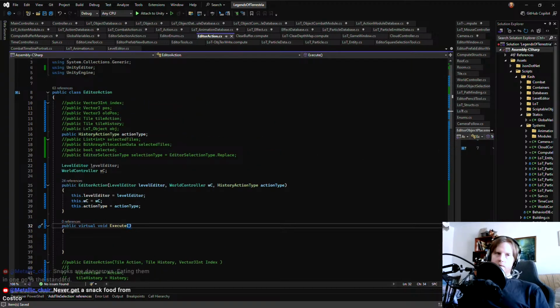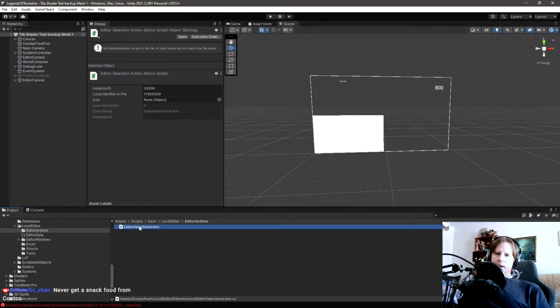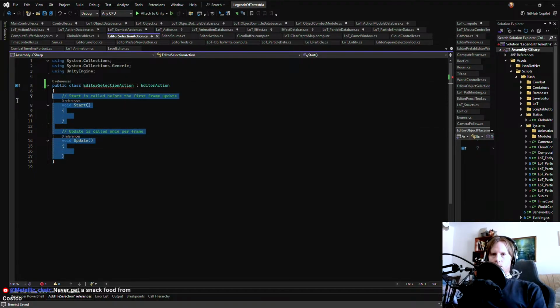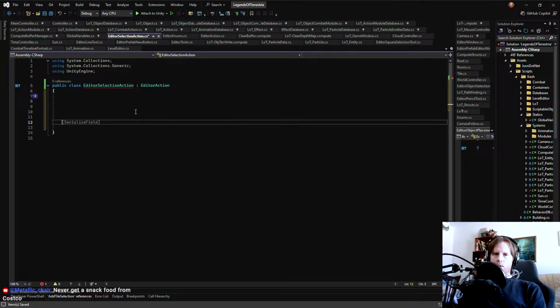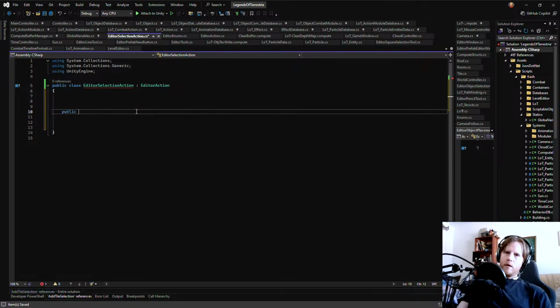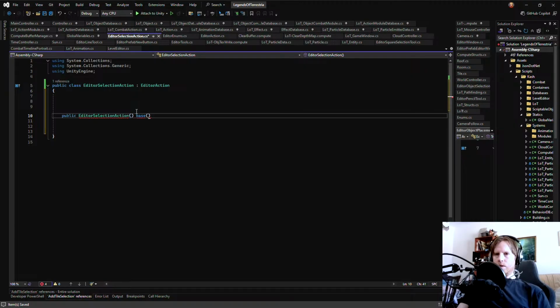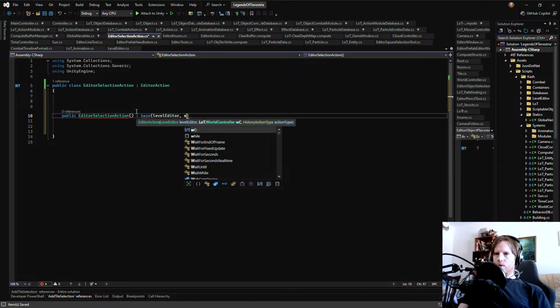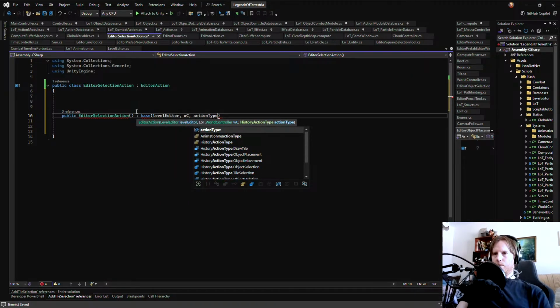Okay, so now that we have this editor selection action, how should this work? Public editor selection action base, level editor WC action type.